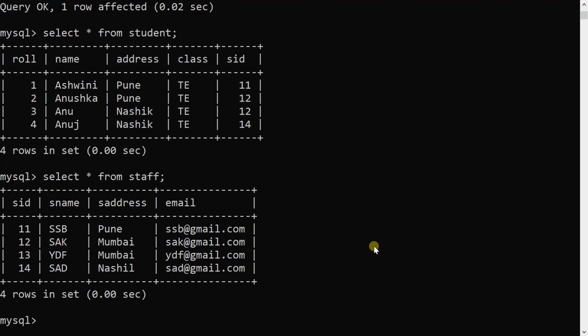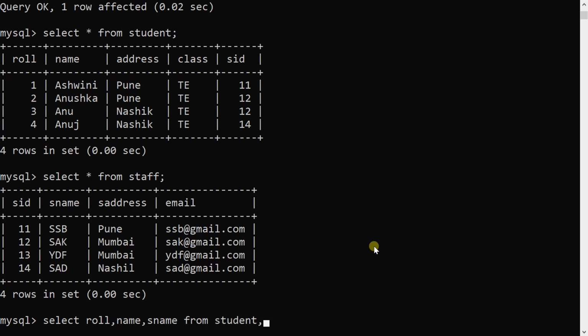So how will I execute that query? Select, I want to display the roll number of the student, the name of the student, and who is going to teach that student, so S name of that staff